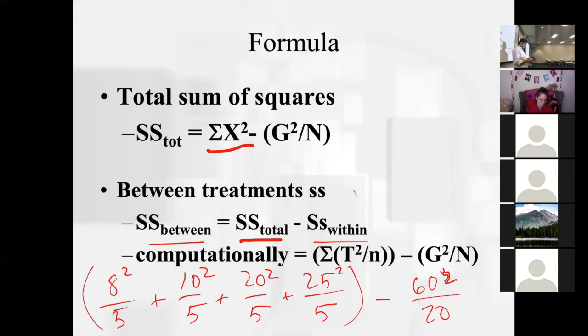So that between treatments, again, was taking every column total, squaring it, dividing it by the number in that column. Column 2, total, squared, divided by the number in that column, and so on. The between treatments,